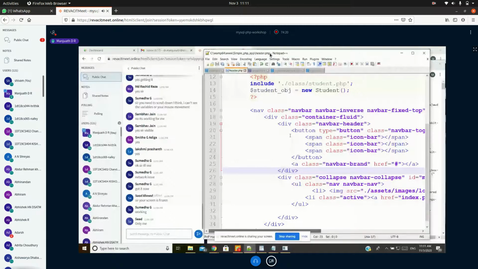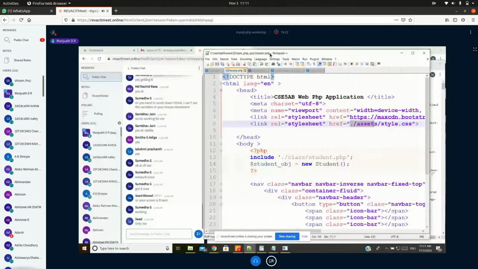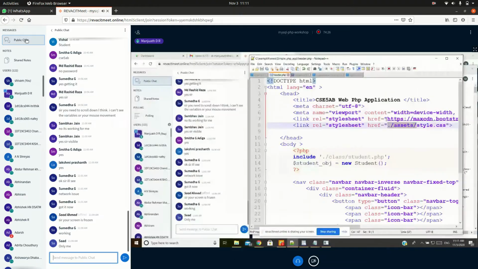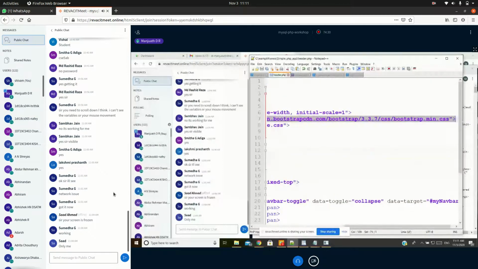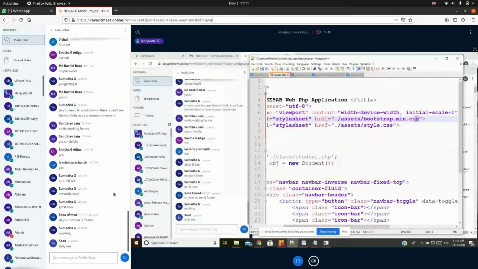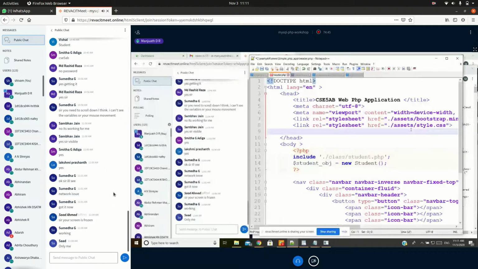What you do is copy this and paste it here, up to this. Paste it here. So now I am not taking the file from the cloud itself, but from my local system. Okay, so I'm going to save it.